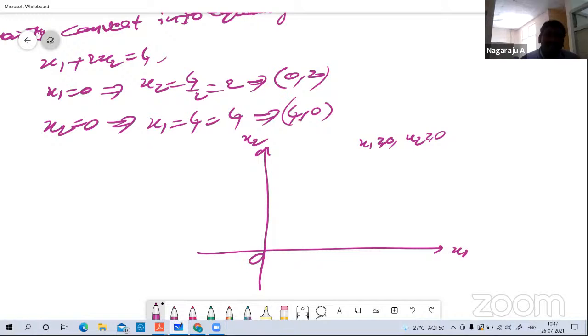From the first constraint equation, I'm going to construct here. 0 comma 2 means 0, 1, 2, 3. It is going up to 4, 1, 2, 3, 4, 5. Now x1 is 0 and x2 is 2, so I'm taking this point. Next, for x2 equal to 0 and x1 equal to 4, so 4 comma 0 is this point. Now joining these 2 points,